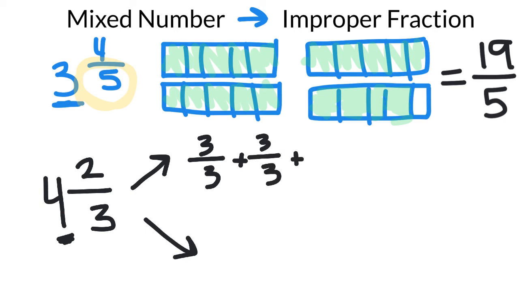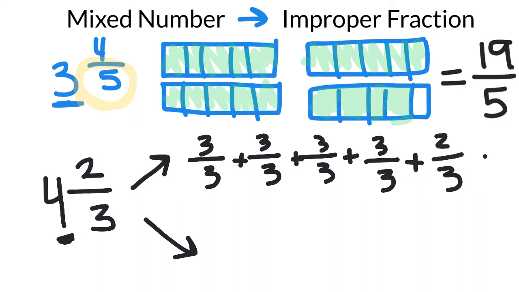So that's 2 wholes, 3 wholes, 4 wholes, plus the 2/3. So there are my 4 wholes, plus the 2/3 more. So to add that together, 3, 6, 9, 12, 13, 14. So my answer would be